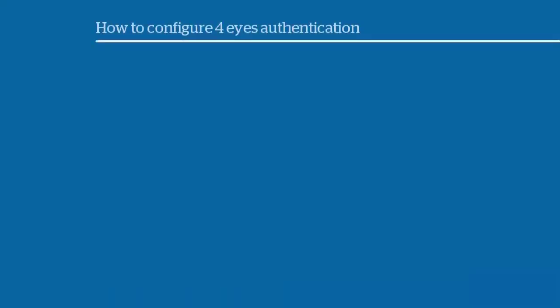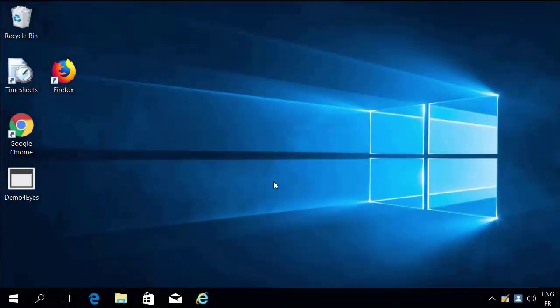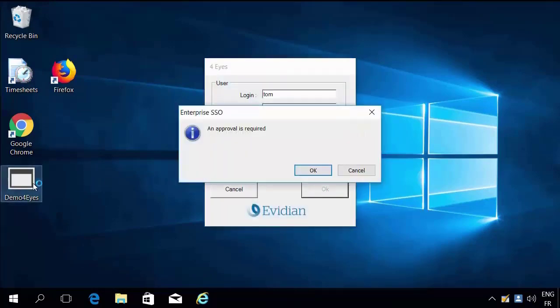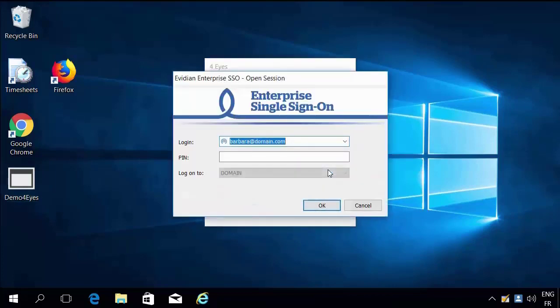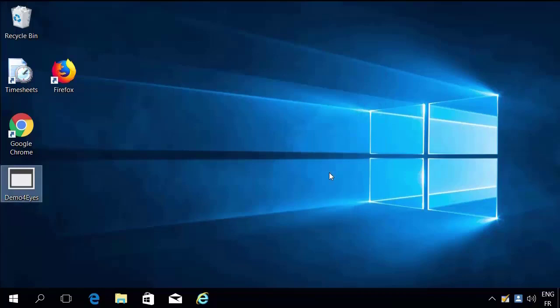The 4eyes authentication feature is used for applications that require a second signature to validate an operation or log into an application. When the user opens his application to validate an operation, the SSO fills in automatically the user field. The SSO will then ask the approver to re-authenticate in order to approve the signature. In this tutorial, I am going to show you how to train the enterprise single sign-on to require a second